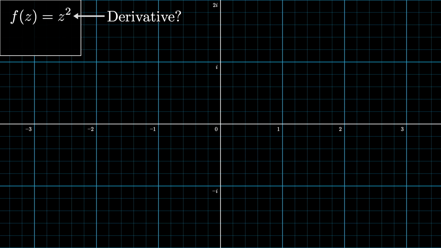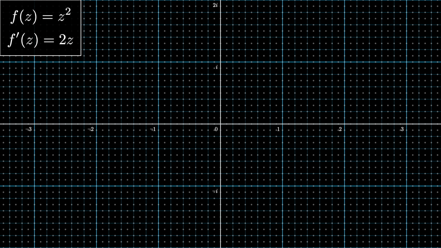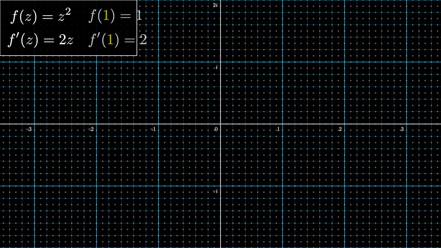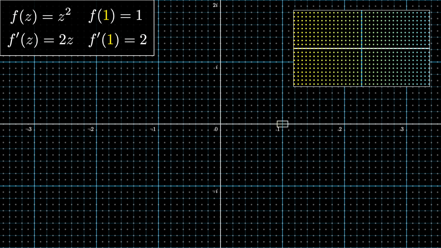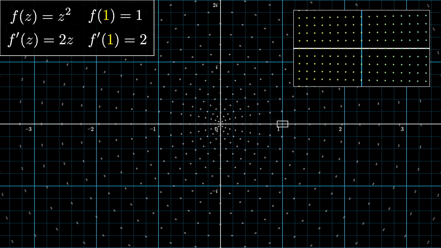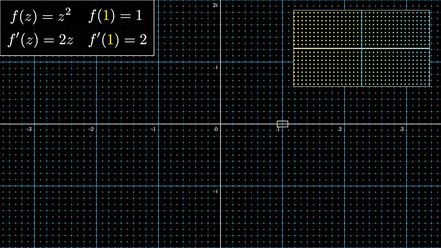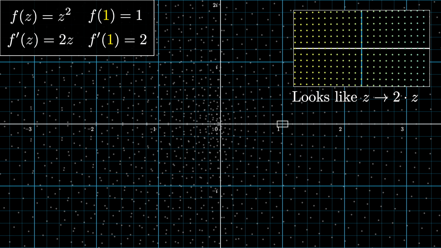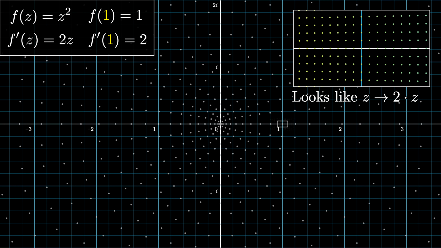Symbolically, when you take derivatives of complex functions, it looks exactly the same as it would for real functions. So something like z squared has a derivative of 2 times z. But geometrically, there's a really lovely way to interpret what this means. For example, at the input 1, the derivative of this particular function evaluates to be 2. And what that's telling us is that if you look at a very small neighborhood around that input, and you follow what happens to all the points in that little neighborhood as you apply the function, in this case z squared, then it looks just like you're multiplying by 2. This is what a derivative of 2 means.